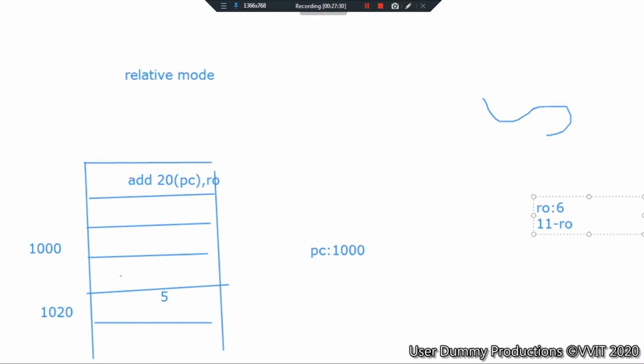Its format is instruction, offset, then the pointer register, right? No. The offset with the register content. The content of the register will be added to get the effective address in index mode. EA is nothing but effective address. So the content of the register is added to the offset.